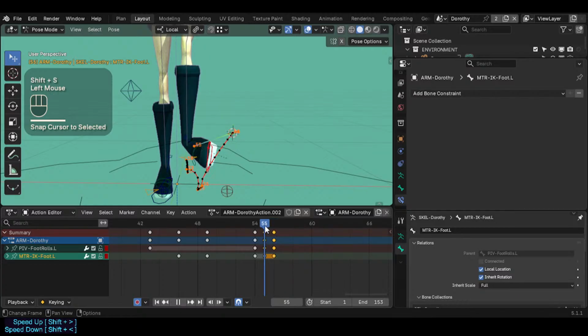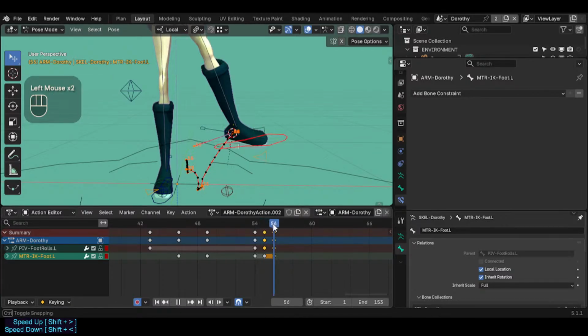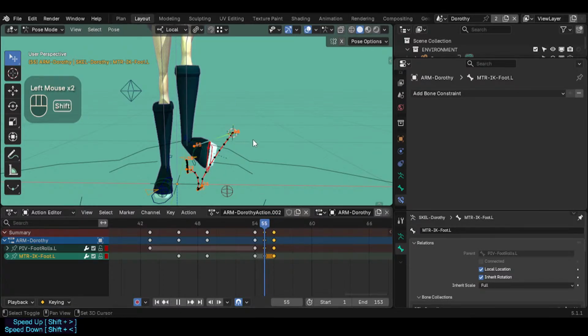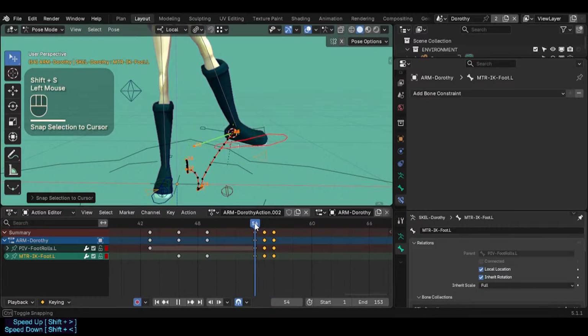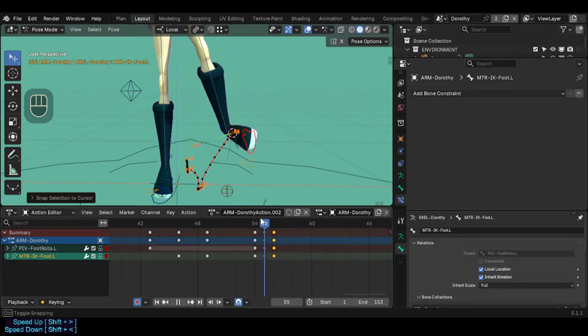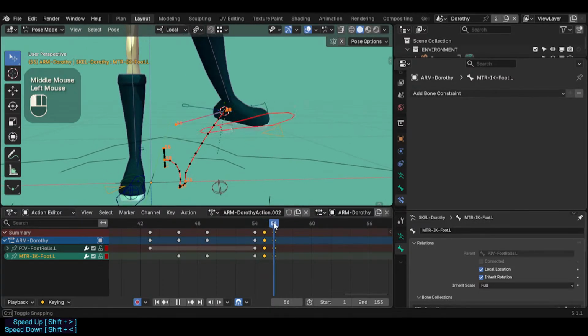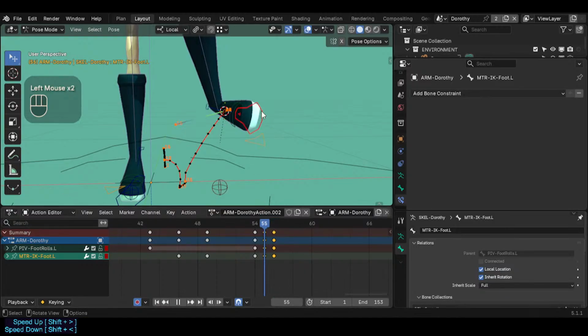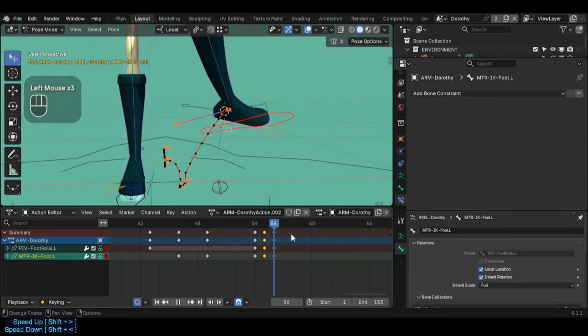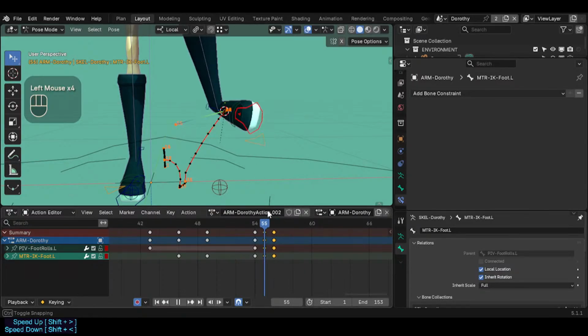But it's not just the foot location, there's also a foot. So I have to copy the rotation, but there's no other bone to reference it. Like, so I cannot select the same bone on different time zones. So that means that I cannot